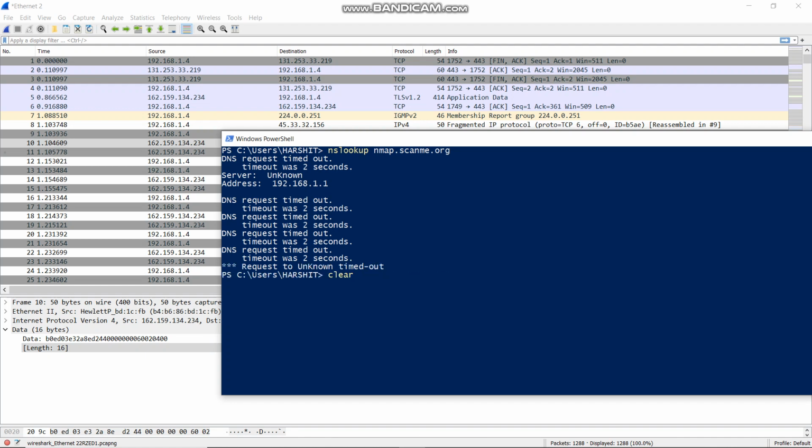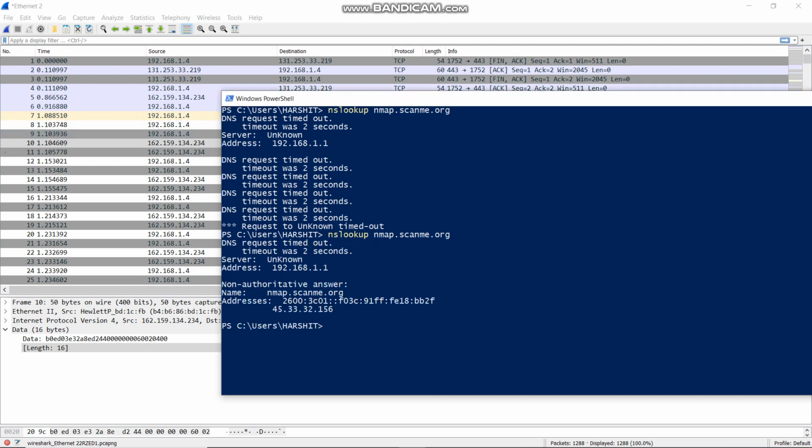Oh, network is down. Let me scan it again. Let me check it again for its address. I got its address again, and now I'm going to use the decoy technique.